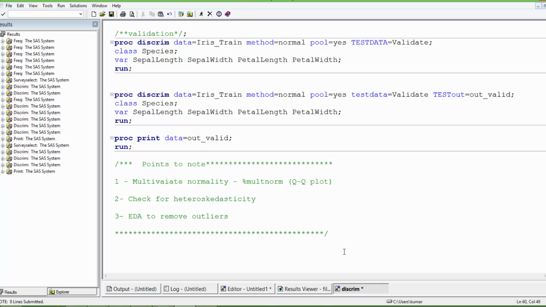Okay, and three things are very important. Your data set should be having only